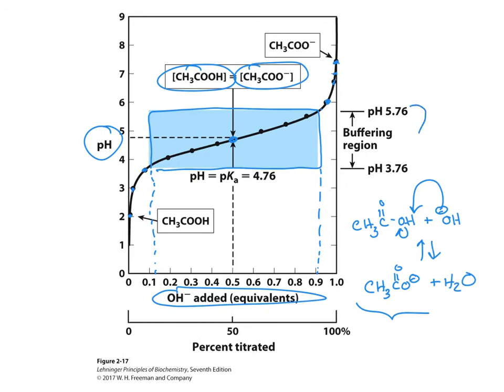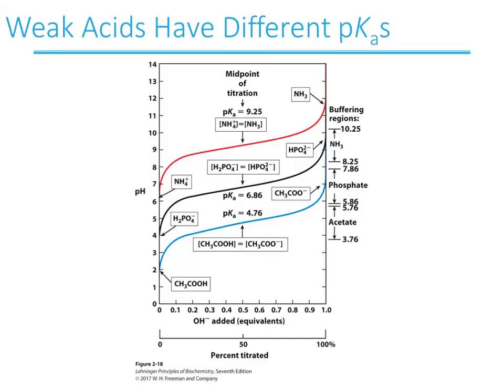So notice that the buffering region is 1 pH unit above and below the pKa value. This shows a comparison of titration curves of 3 different weak acids. So here we have the acetic acid titration curve we saw on the last slide. And above that you have the dihydrogen phosphate weak acid. And that comes from phosphoric acid, which is a triprotic acid. So what is shown here is just the second buffering region in that titration,